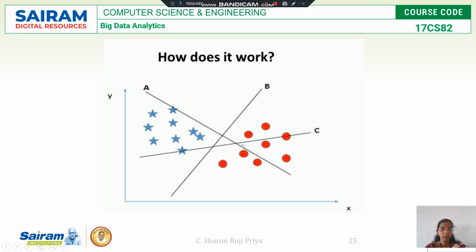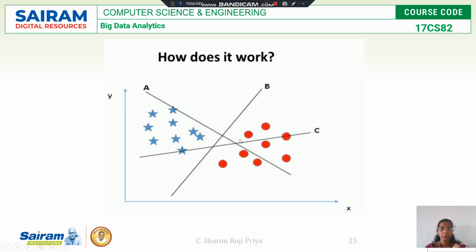It is not classifying both the classes very clearly, right? Because to one side of your A hyperplane, you are having this blue colored star class and a few red colored circle class data points, and to the other side of the A hyperplane, you have some red colored circle data points, right? So the A hyperplane is not a perfect classifier.